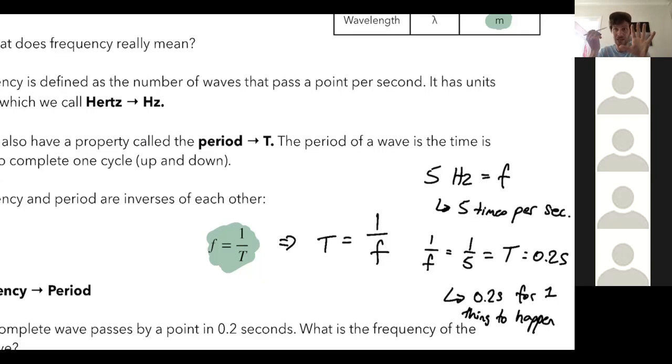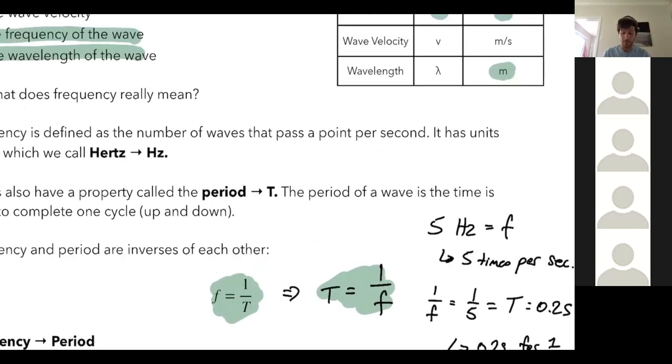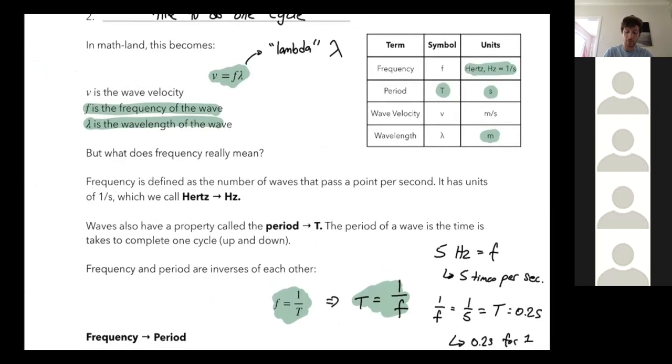That means each individual blink is 1/5, which is 0.2 of a second. So it takes me 0.2 of a second, 0.2 of a second, 0.2 of a second, 0.2 of a second, 0.2 of a second. That's 5 blinks in 1 second. That's frequency and the period, which means we can relabel and rewrite this formula